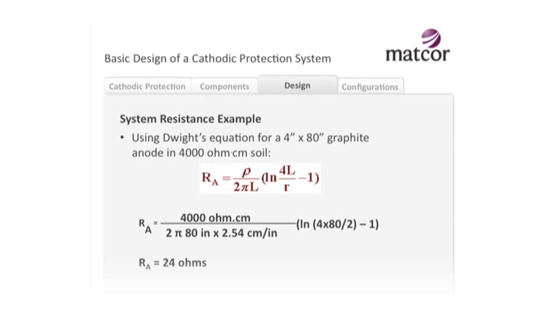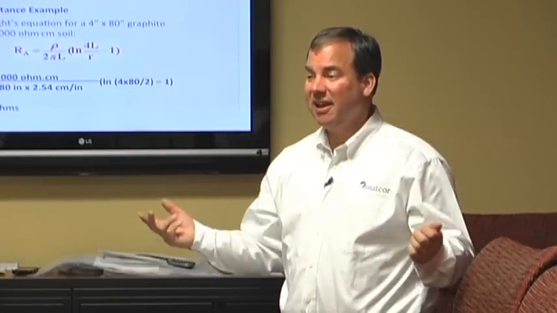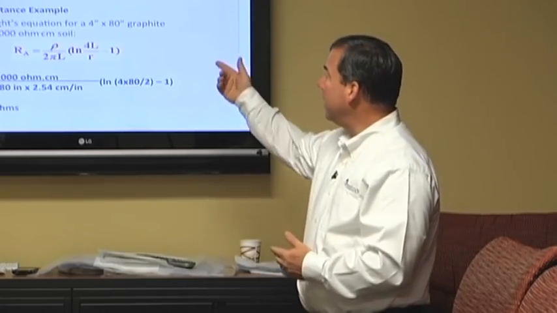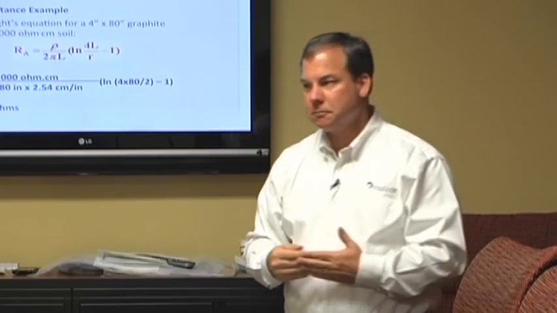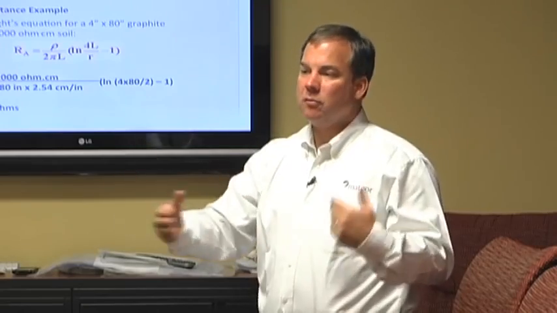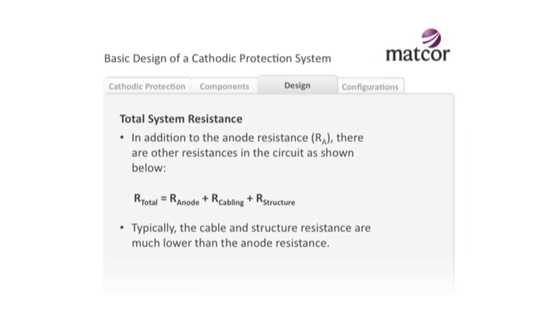If someone told me they had soil and it was not in the desert and it wasn't in the Gulf Coast, in a marshy area, I would use 4,000, 5,000 ohm centimeter soil as just a guess until we had some data. So that's a common soil resistance. That 4-inch by 80-inch graphite, when you run the math, is going to have about 24 ohms resistance,